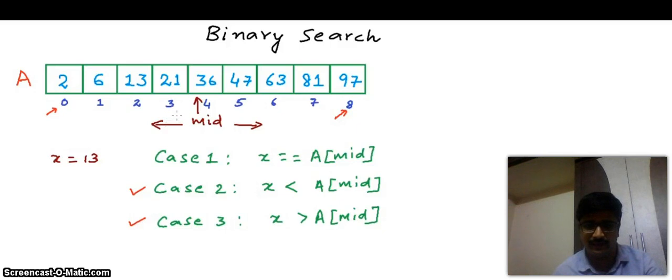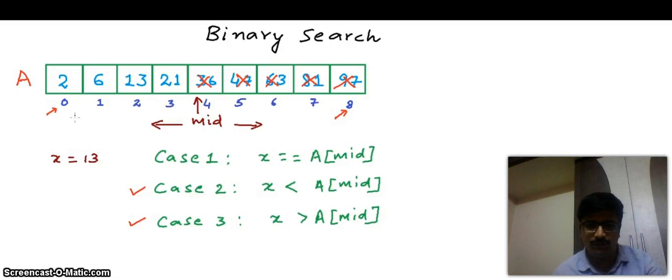Now x is less than 36. It should exist somewhere before 36. So we discard all the elements after 36, and 36 as well. So now the problem gets refined. We need to search for x only between index 0 to 3.